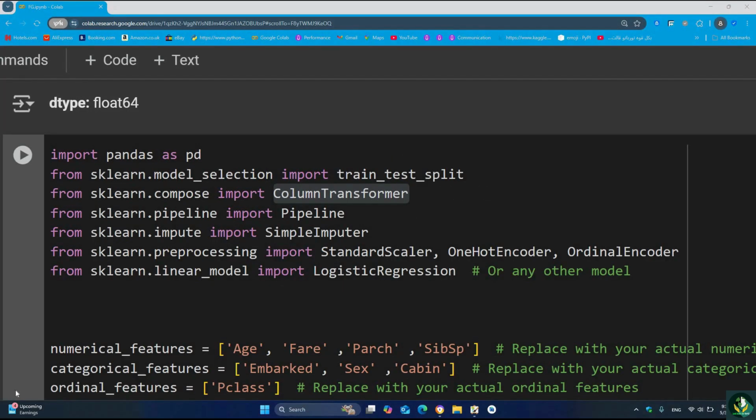Hi. In this lecture we will learn how to handle the missing values in our nominal and ordinal features. And we will use all our features to train our model. Firstly, we should import pandas as pd, train_test_split from scikit-learn.model_selection, and ColumnTransformer from scikit-learn.compose. Here you will see the advantage of using ColumnTransformer. And we will import Pipeline from scikit-learn.pipeline and